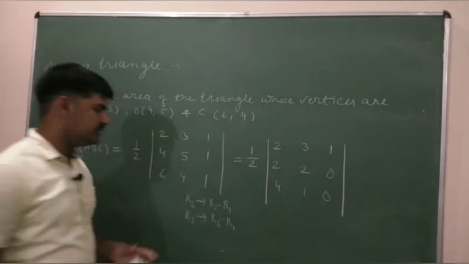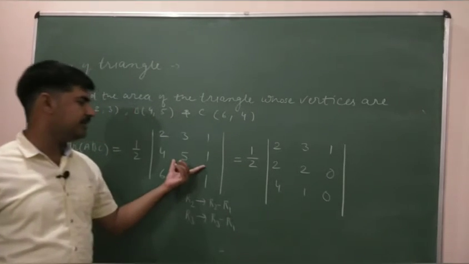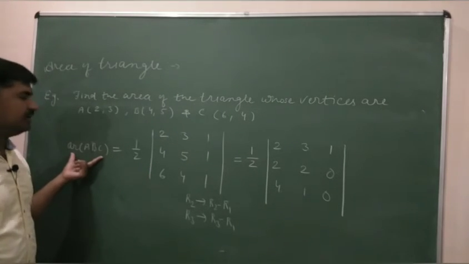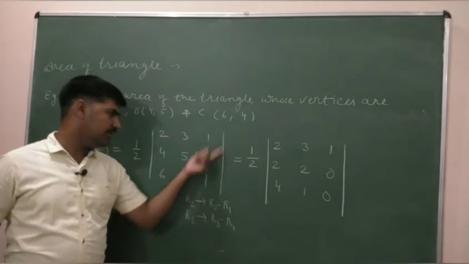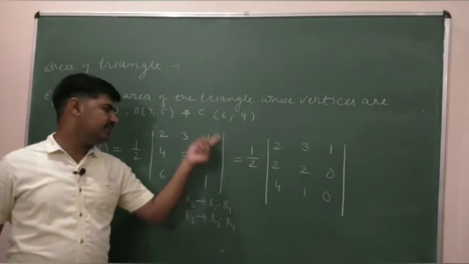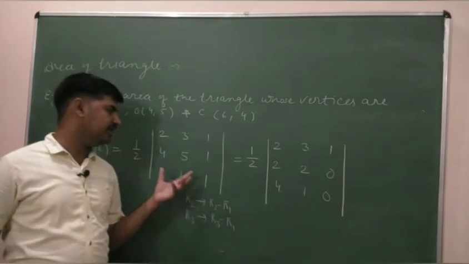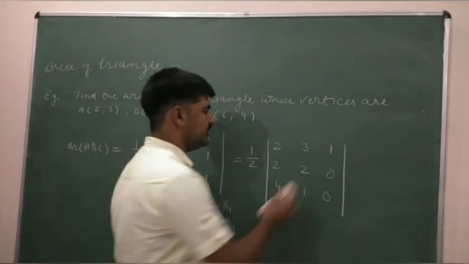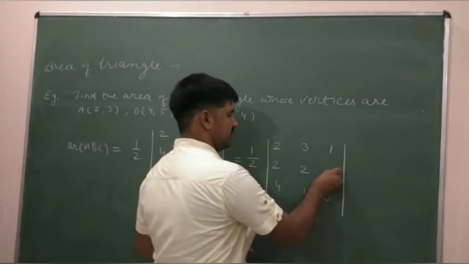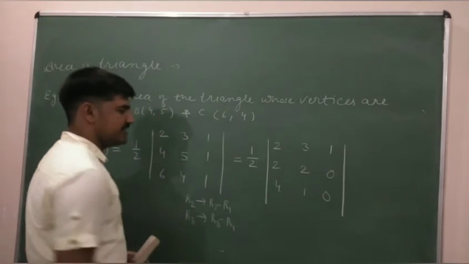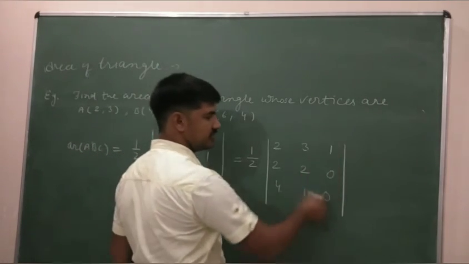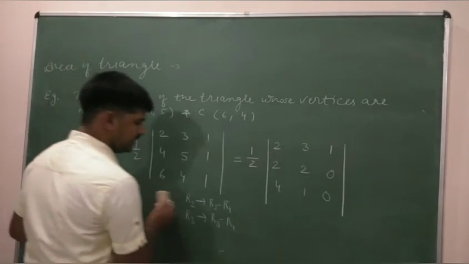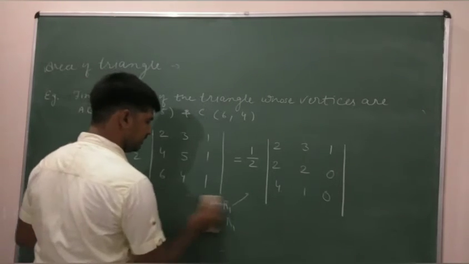The reason why I have used these two properties, students: I could have expanded this determinant, multiplied the value of the determinant by half and found the value of the area of triangle ABC. But I did not find the value of this determinant by directly expanding it along any row or any column. I have used some property here and I have made it easier to expand. So let us now expand it. So I am expanding it along C3, students. I have used these two properties here.